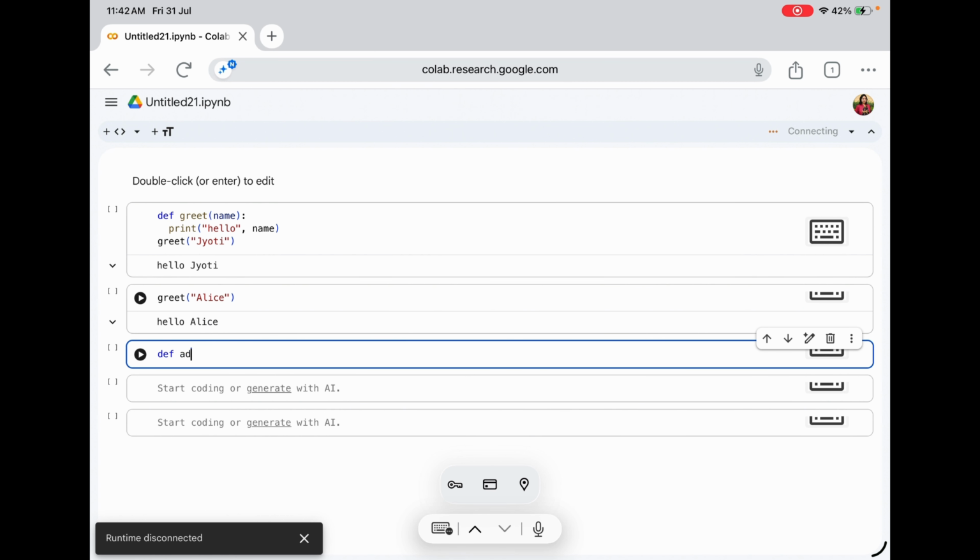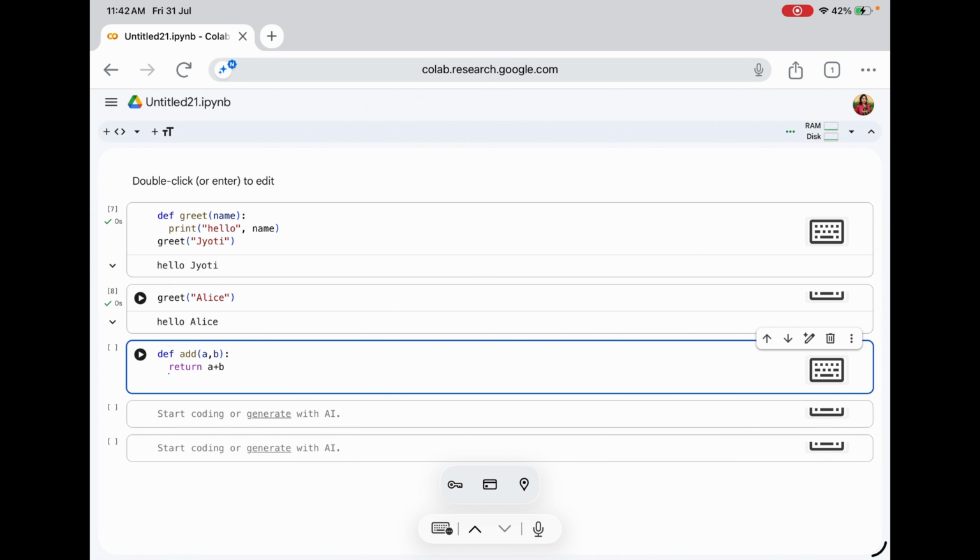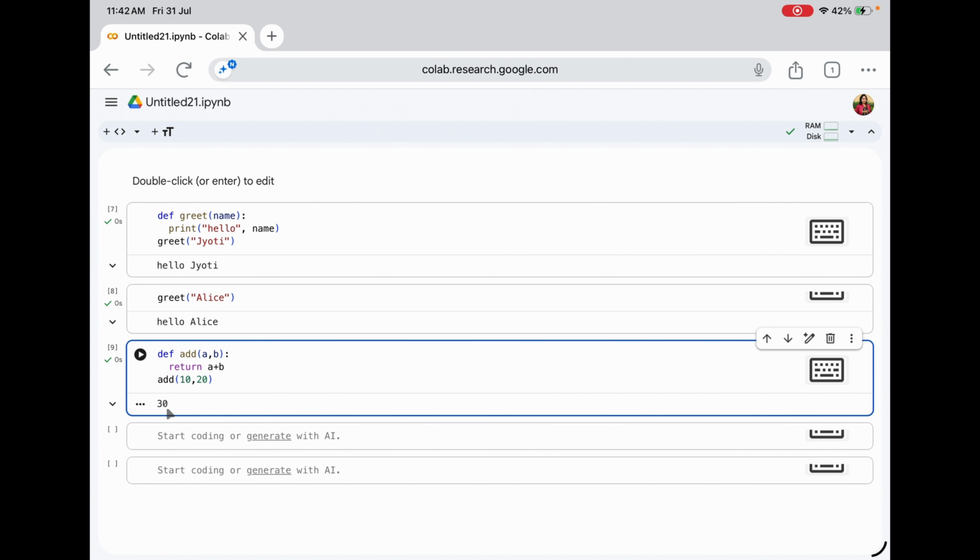Say def add. It takes, say, two arguments, a and b, colon, definitely we should not forget that, and maybe we say return a plus b. Here my function body is finished. Now let me try to call this function. Say add 10 and 20. So it must return me the value,